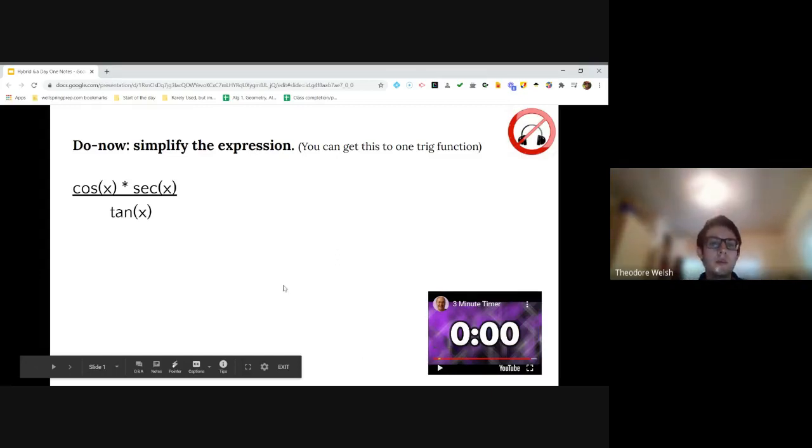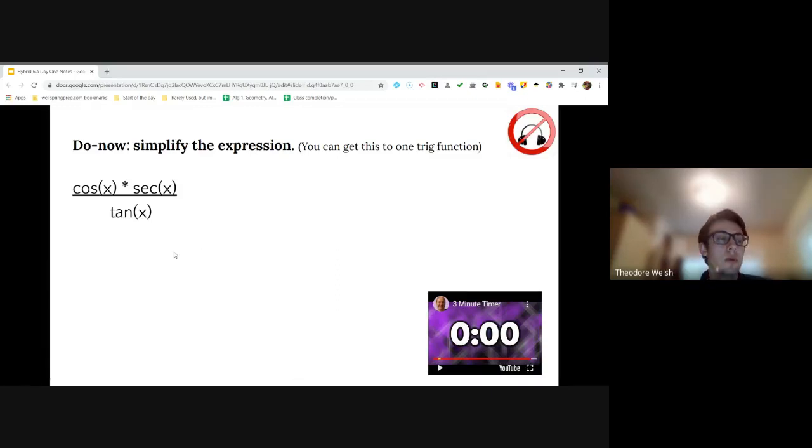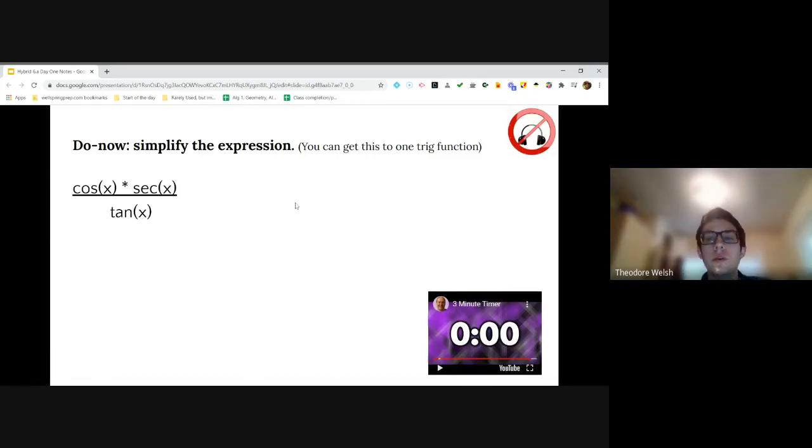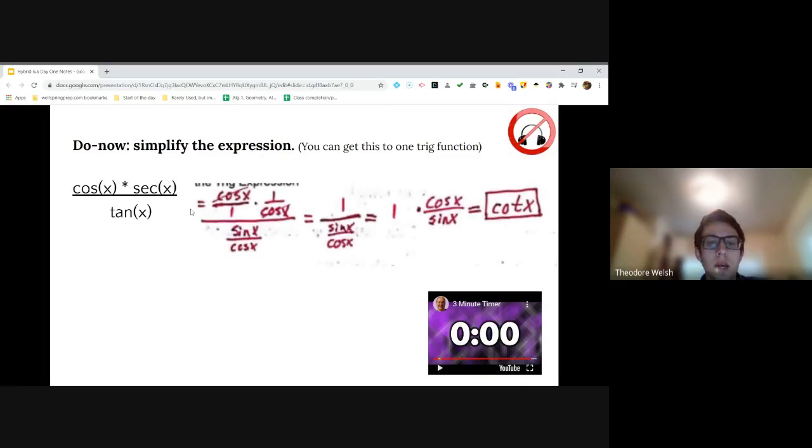All right. So as we look at this expression here, a few different ways we could go about this. One of our ways of simplifying is through converting everything to sines and cosines. That can, in a lot of instances, be beneficial for simplifying and canceling, which is the method that I took here. So I converted secant to 1 over cosine using the reciprocal identity, and tangent to sine over cosine using a